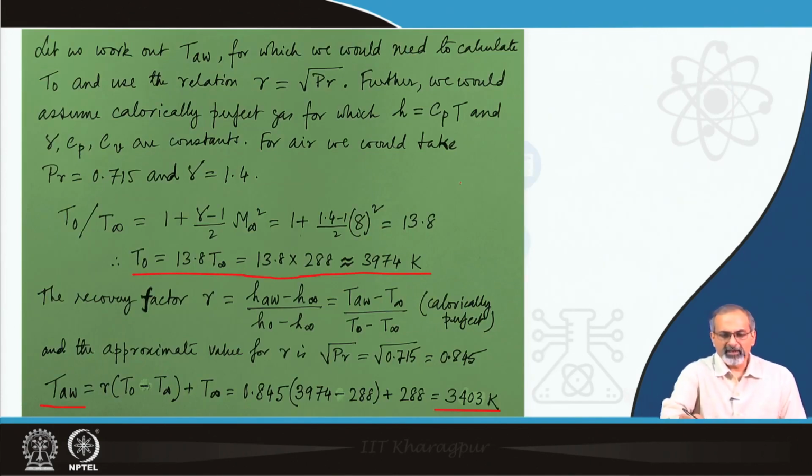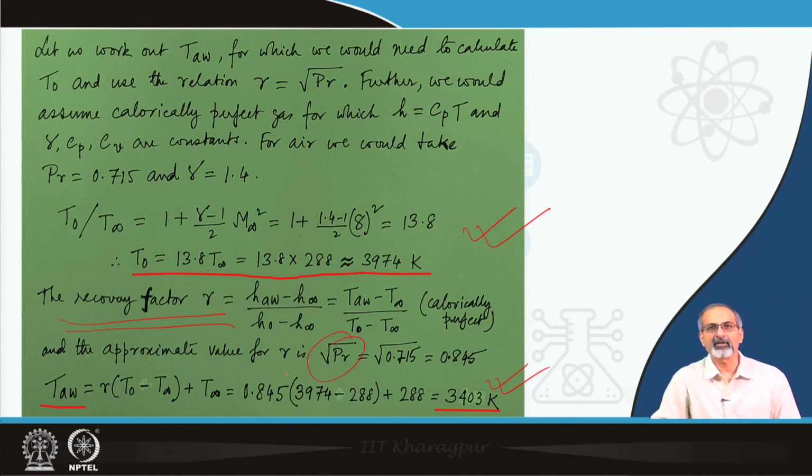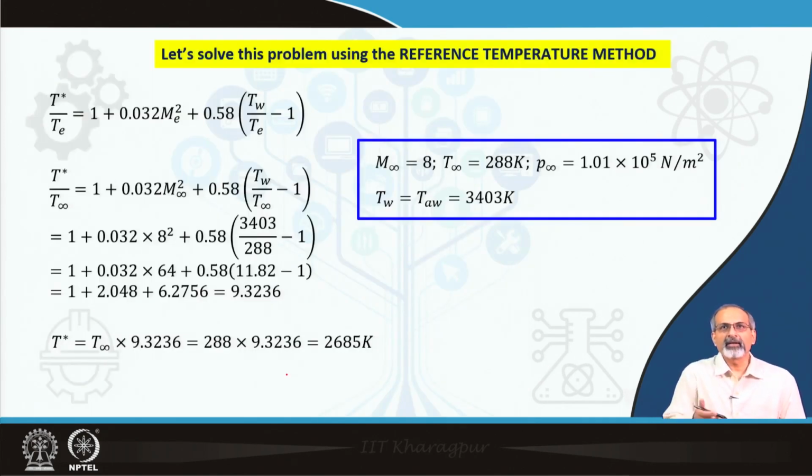Further, we remember that for case A, the T naught is found to be of the order of 3974 Kelvin, and the T adiabatic was found to be 3403 Kelvin. That was based on the recovery factor calculations that we have done over here, and the correlation that was used was under root of Prandtl number. These we had done in lecture 21, and now we are going to compare those values after application of the